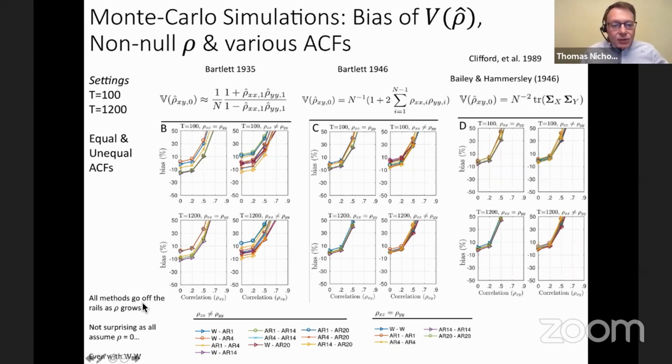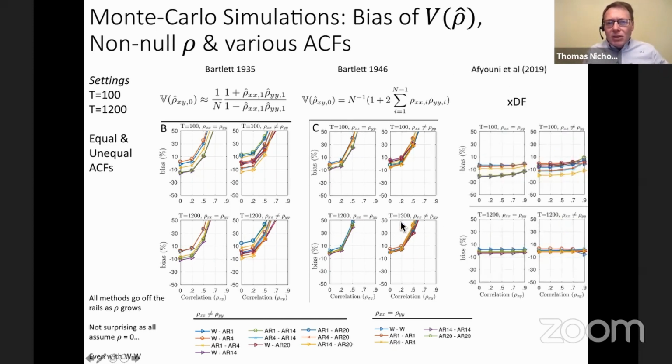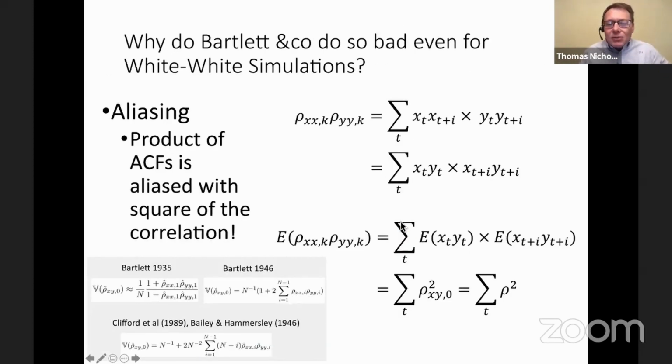But going back, the thing that's interesting here is that some of these methods, look at one of these settings, WW. So that was white. So we actually did say, if you're going to use one of these methods, Bartlett's, Bailey, and Hammersley, whatever, and you actually have no temporal autocorrelation whatsoever, they're just as bad. They all go off the rails. And this is really perplexing to us because if the data are white and white, why would this be an issue? Well, we actually discovered this really interesting thing, that the Bartlett, all these methods here depend